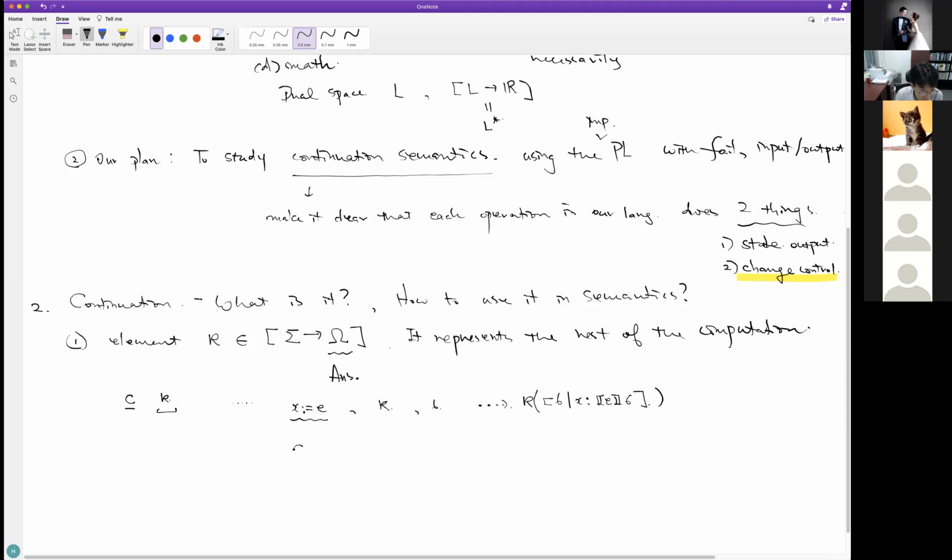So suppose we have a fail. Then we are also given continuation kappa and initial state sigma. And what is fail supposed to do? What fail is supposed to do is stop the computation completely at this point. So instead of calling continuation kappa with the current state sigma, it's just going to return sigma.